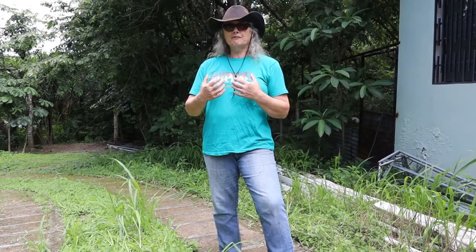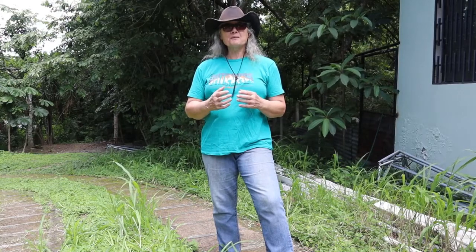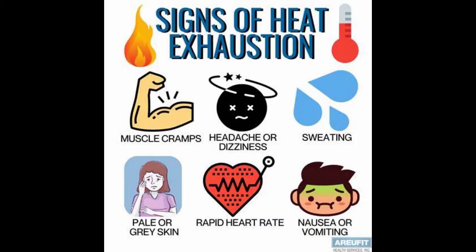Very severe. After the second one, I kind of woke up. I didn't learn after the first one, but I woke up after the second one and I asked myself, what was I feeling before this happened? And I'm going to share that with you today because I'm putting up a chart here. This is a chart about heat exhaustion with some common symptoms, or signs, that people experience